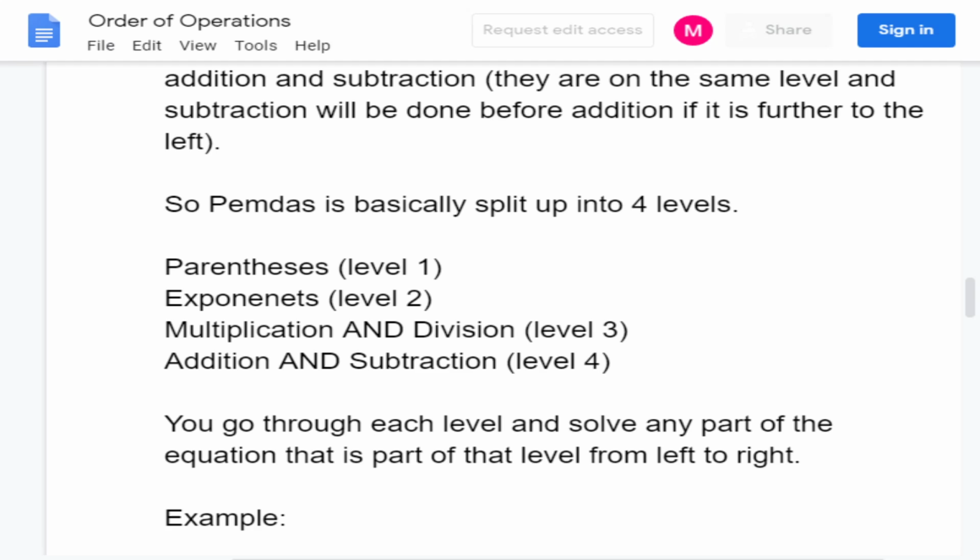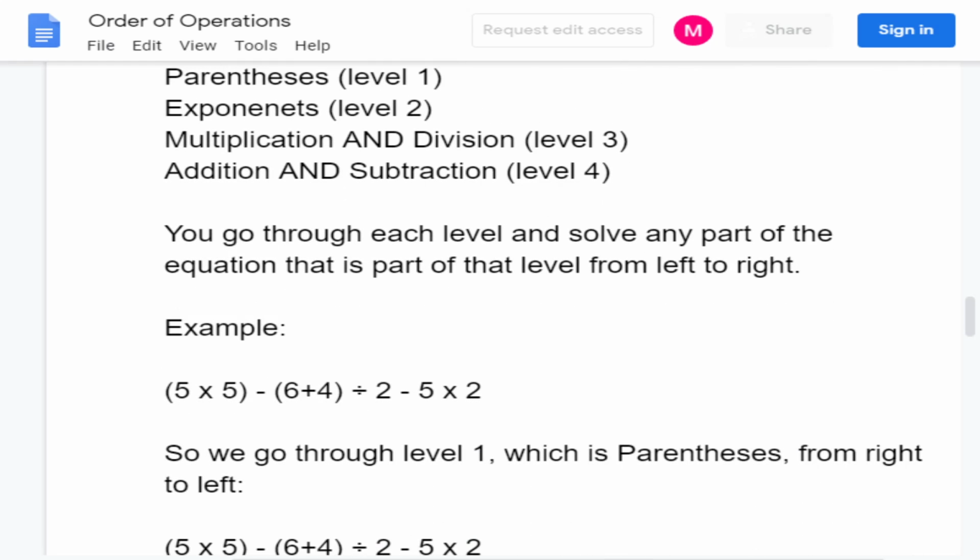So PEMDAS is basically split up into 4 levels. Parentheses is level 1, so you want to do anything in parentheses first. Then exponents would be level 2. Multiplication and division are on the same level, and you would do those from left to right, so those are level 3. And then addition and subtraction last are level 4. So you go through each level and solve any part of the equation that is part of that level from